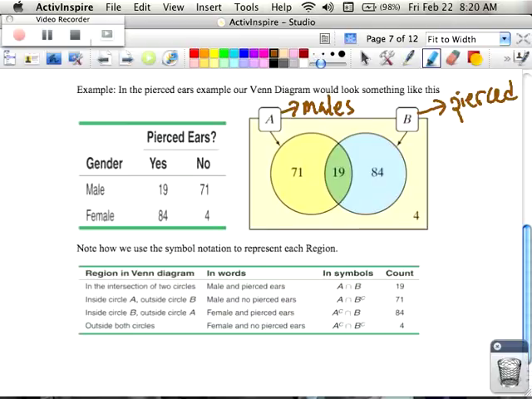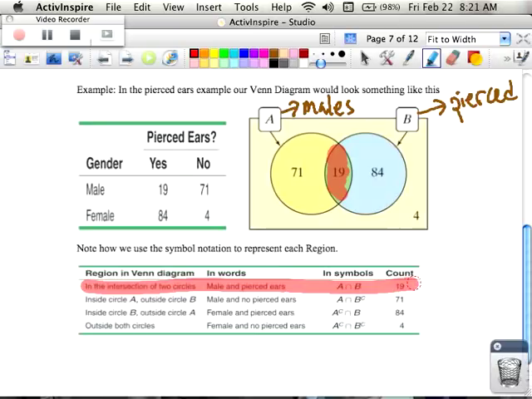So for example, in the intersection of our two circles, right here, where you see this 19, they are talking about the males and the pierced ears, which they represent with A intersection B. How many people were in there? 19. So if we talk about the probability of that occurring, that's how we got the 19 out of whatever